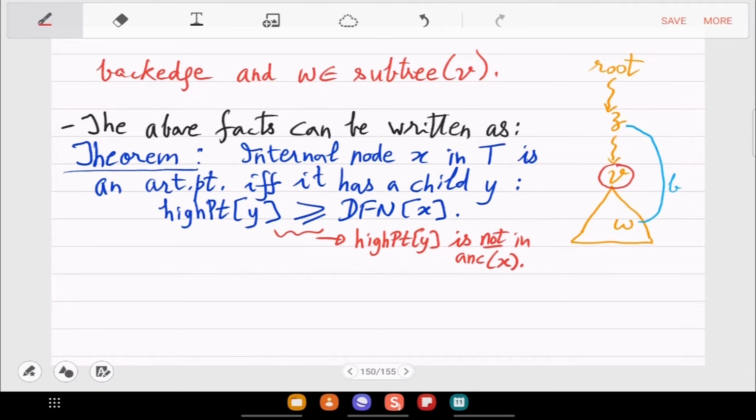Is that clear? So this sums up what you saw in the last class. Okay, we'll now just follow from here to get the pseudocode.